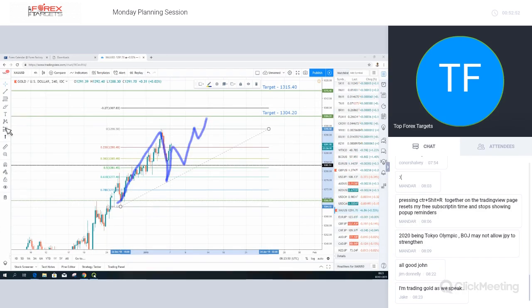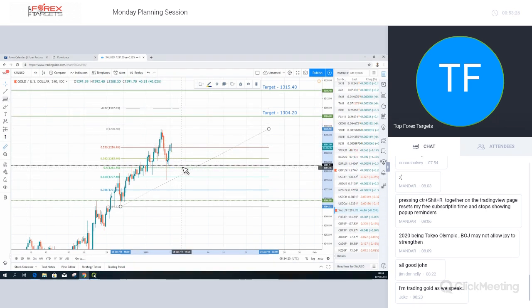So what I'll be looking at in gold is similar to what we looked at in the pound dollar. The problem is, say we get a pullback towards the 50%, and you decide, right, I'm going to place an entry order here, I'll place my stop loss below the swing low, and I'll be looking for a target up in this area. You can see that we have to respect the key areas of resistance first and foremost. So if you think, well, I'll get a pullback to the 50 and I'll trade up to the target, the problem you have is this.